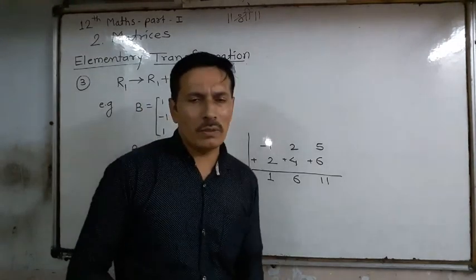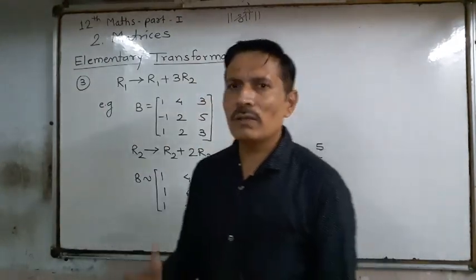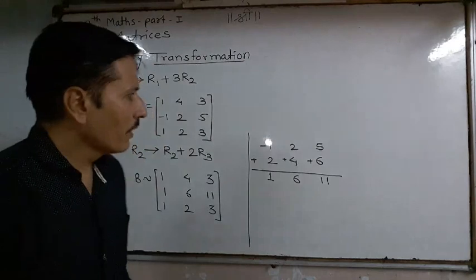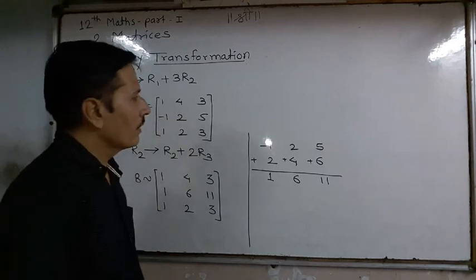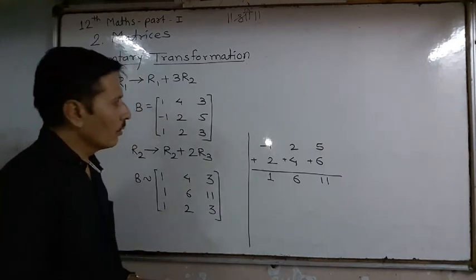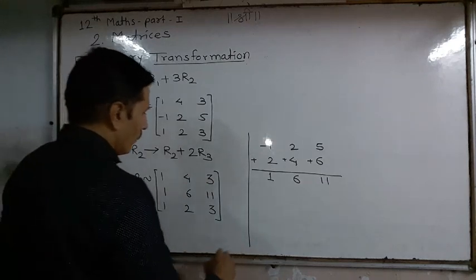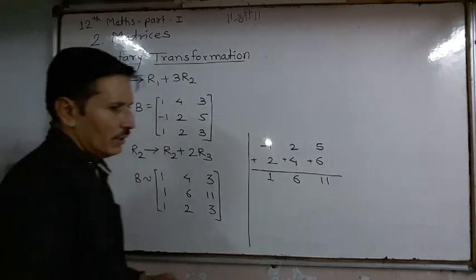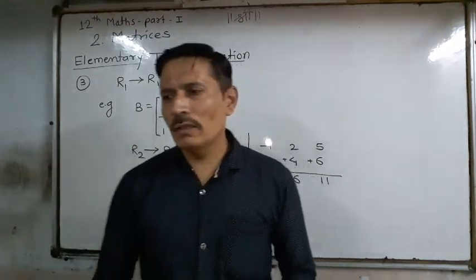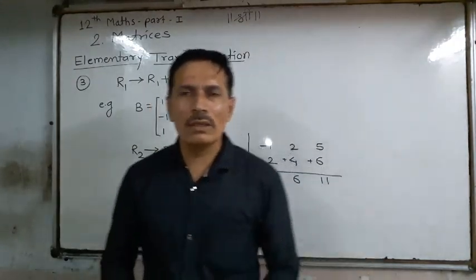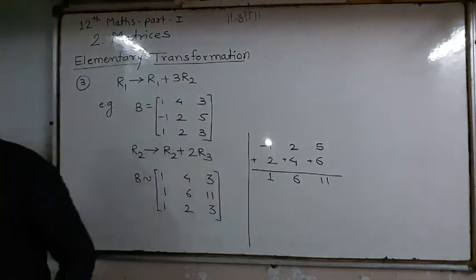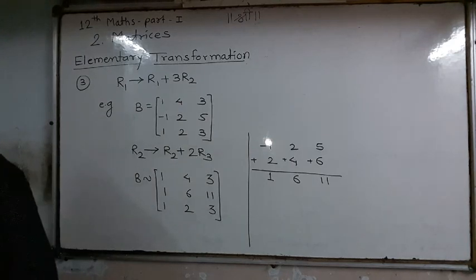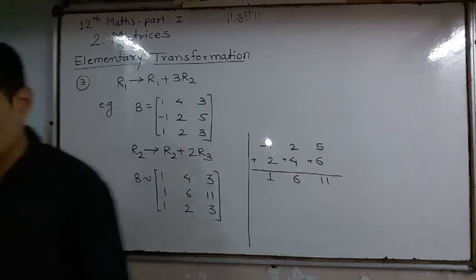This is the third transformation. All these transformations are useful while finding the inverse, or converting a matrix into an identity matrix, or an upper triangular or lower triangular matrix. Now by using these transformations you can solve the examples of the exercise. Simple examples are there. Here we take one example of the exercise,